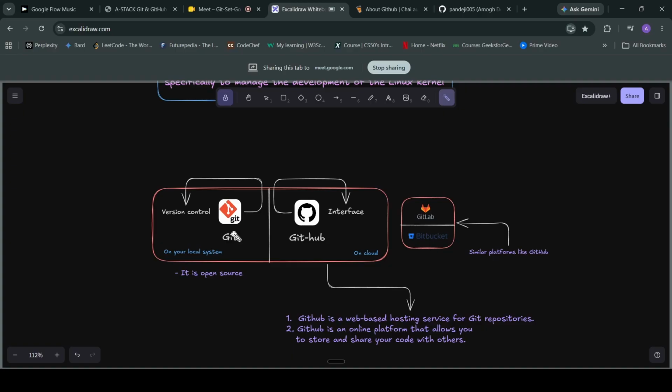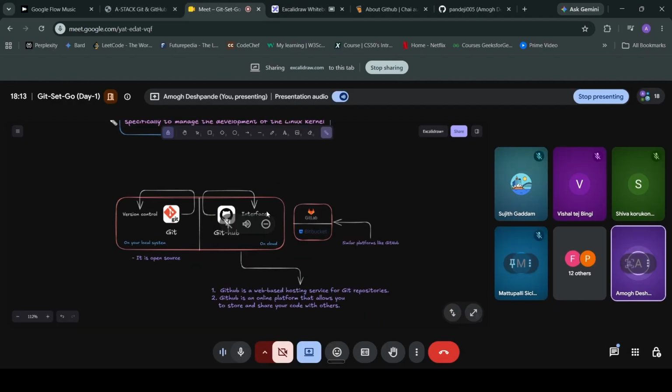Parallel work is going on, right? If by mistake one of your colleagues changes something in a file and that is wrong, and you want to go back in the history of the project and get that back, in that case version control is used. Hope you have understood the example.